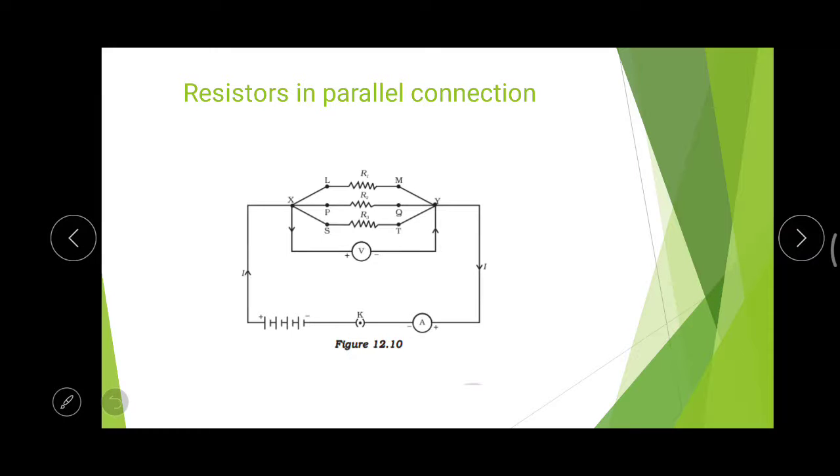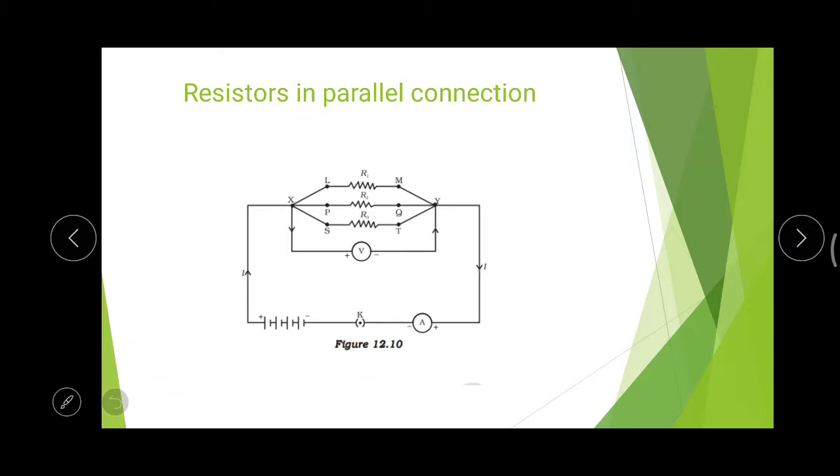Hi dear students. In the last class we discussed the series combination and the equivalent resistance in the series combination, as well as two more important things: the current passing through each resistor in a series combination is equal, but the potential drop across each resistor will vary